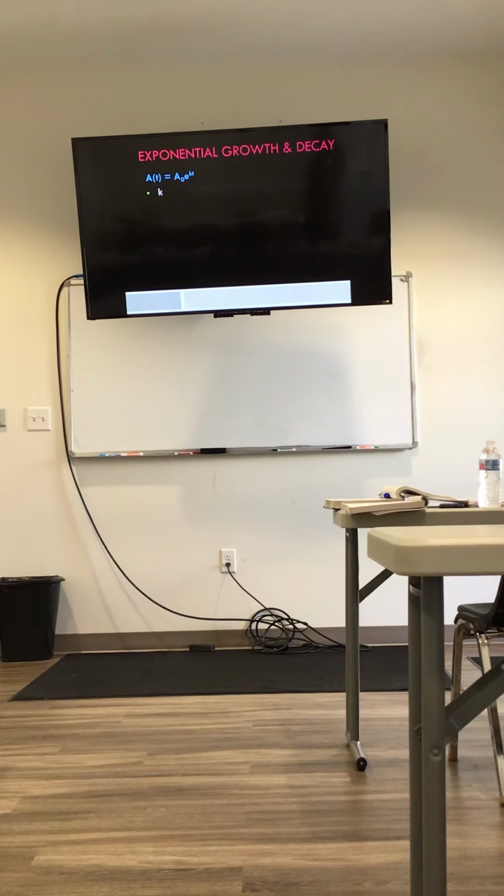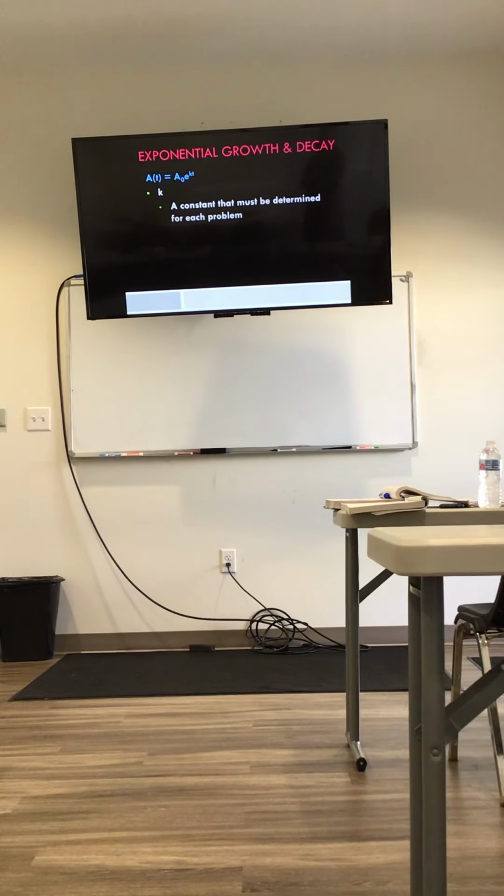Now, the letter K on the question is going to be a constant that we have to look at for each individual problem. The letter K would always be the first thing that you're going to be attempting to solve. That means you're going to know something about the amount that you now have, the original amount, and how much time has passed. The only thing that you don't know would be the letter K. We'll review how to solve in a situation like that to figure out the K that is up there